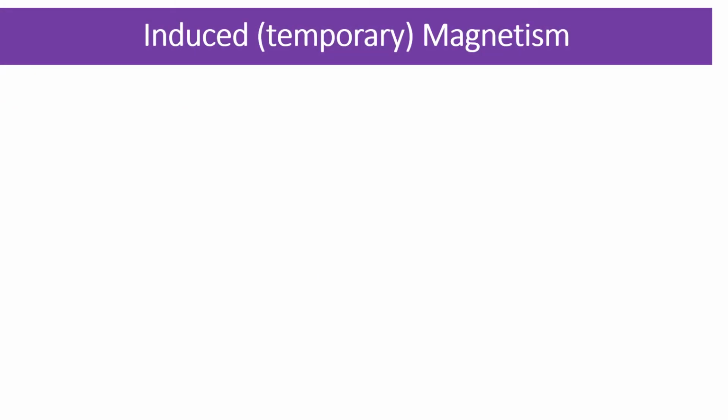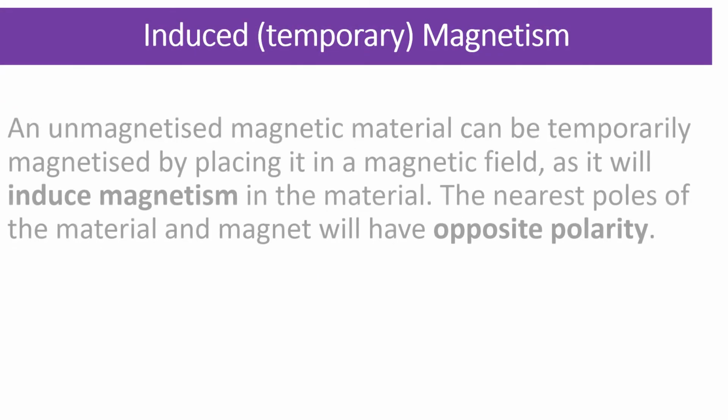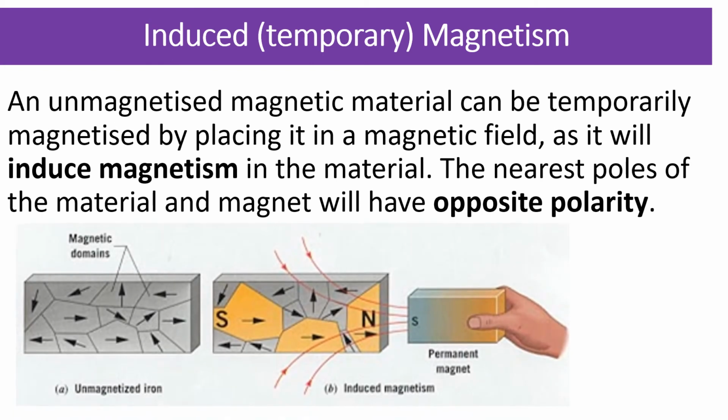So, induced and temporary magnetism. What we've got here is, you can all read this, but essentially we have unmagnetized iron, and these have magnetic domains within them. All iron has that, all steel, iron, nickel and cobalt has this. What we can do then is, by using a permanent magnet, we can induce magnetism. So the permanent magnet at this end basically pulls all those domains so they follow the same direction, creating a